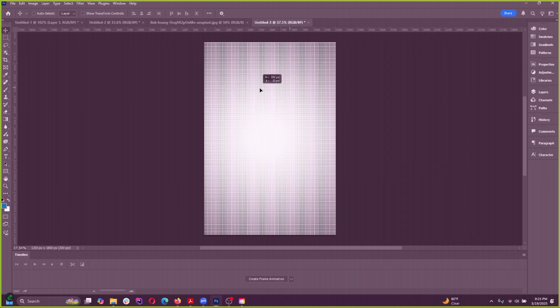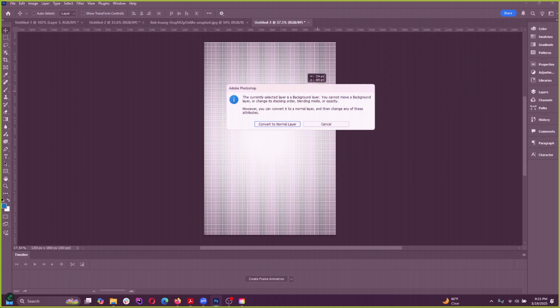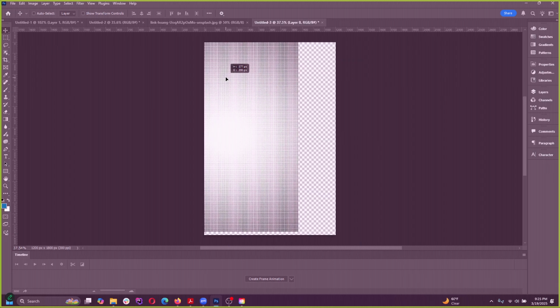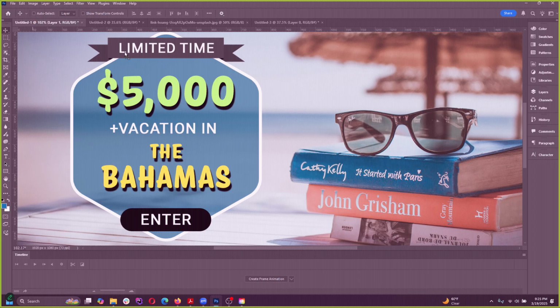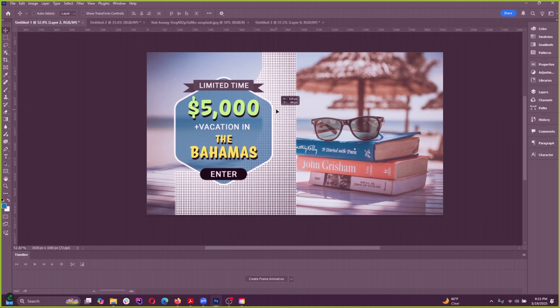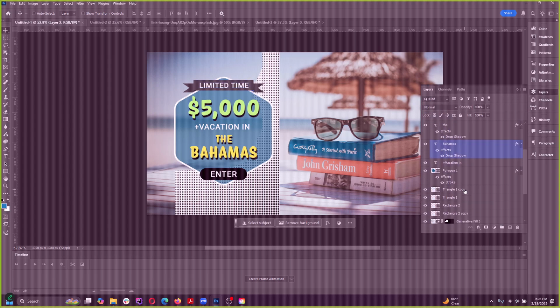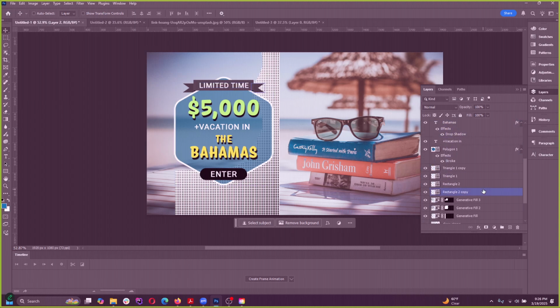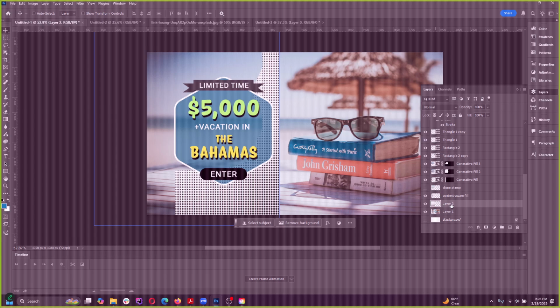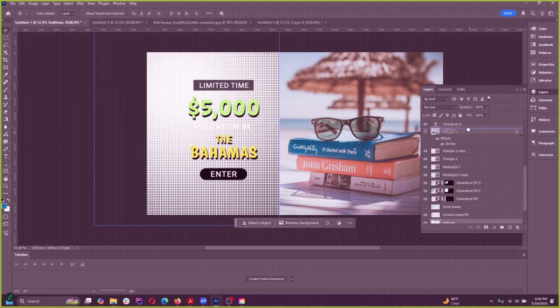And then I'll take that color halftone texture that I created. Just convert to normal layer. Just place it over this guy. Make sure it's over that polygon. So I added it. Where did I add it? That's way down here. Let's call this halftone. Drag it up above the polygon